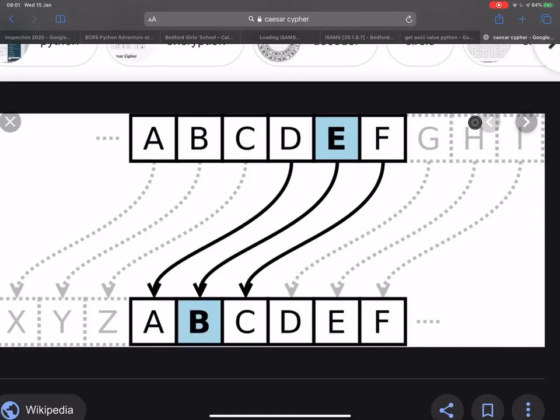Okay, so we're going to have a look at how to make a Caesar cipher in Python. And if you don't know already, a Caesar cipher shifts letters in one message to then become letters in a different message. So for example, in this case, this E may become a B because it's shifted backwards 3 spaces. Okay, and all the other letters will be shifted backwards 3 spaces to make an encrypted message.